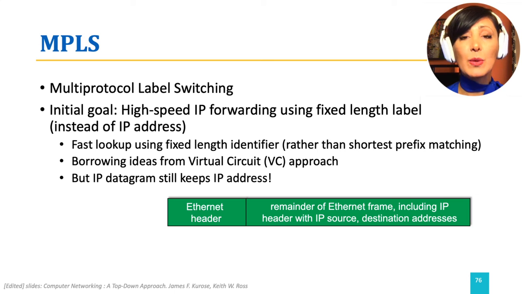It is a technology with an initial goal of increased speed of forwarding. For this purpose, it uses a fixed length identifier, which is known as label. It uses it for forwarding purposes. This removes the complexity of forwarding compared to IP-based shortest prefix matching and enables faster forwarding of packets based on fixed length label. The initial idea used in MPLS comes from circuit switched telephone network, evolving to a packet switched